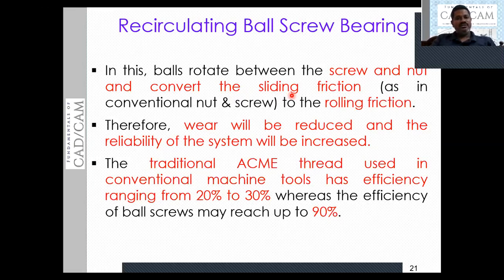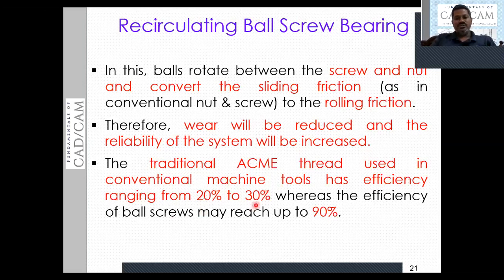The moment we are able to reduce the friction between the screw and nut, the power consumption reduces. To reduce the sliding friction between the screw and nut, we are going to introduce spherical balls where screw and nut are making contact. In the case of traditional conventional machines, we use Acme threads, whose efficiency is 20 to 30%.